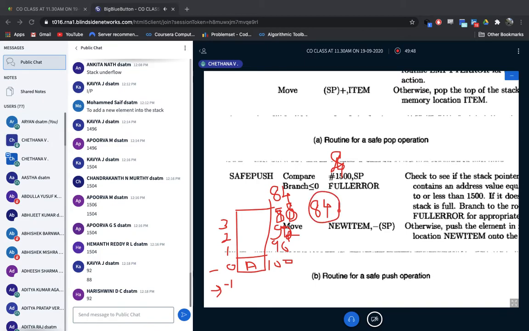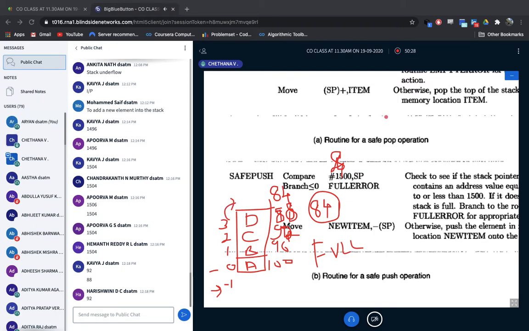Okay, so that is what actually. So this is A, I have kept at 100 location. So B, 96 location I am going to insert. C at 94, sorry 92, and at 88 I am going to insert D. So now what will happen if I want to insert means I have to check the condition here. So it becomes what? 84. But what is the condition? It should be greater than 84. If this is 84, I'm not going to insert. So I'll get a message. What is the problem? The stack is full. Okay, stack is full. That is what actually. Only you are not able to insert more than your saturated point.